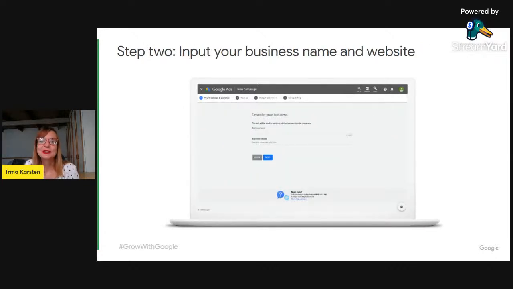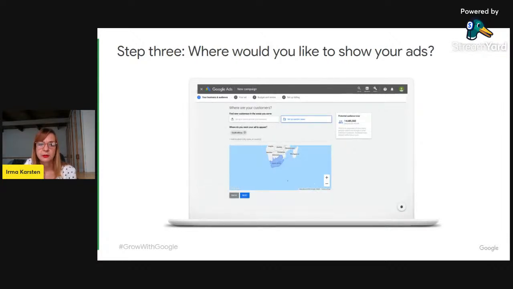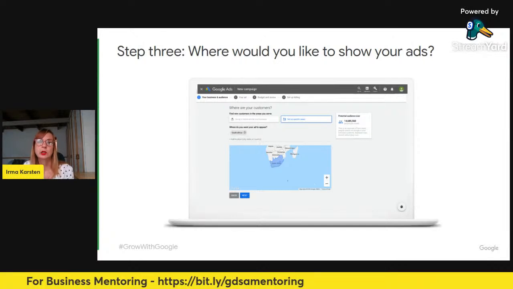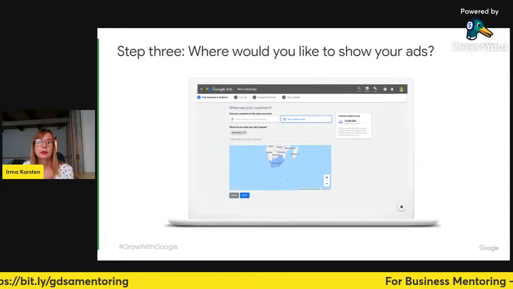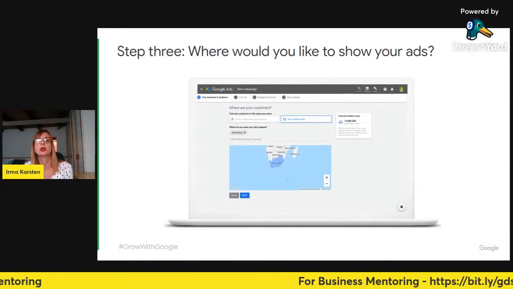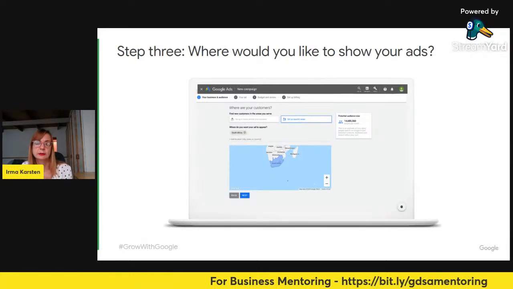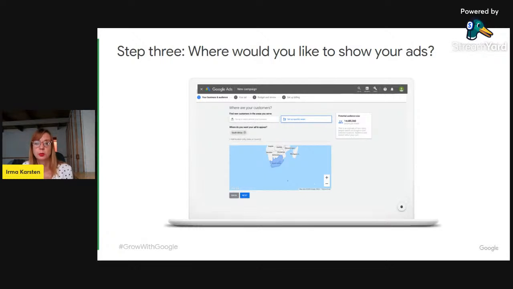Right. So once you've created your business goal, then you'll be asked to input your business name and your business website. Right. Step 3 then is to decide where you would like your ads to be displayed. So this is where you would enter the locations of where you would like to showcase your ads. In the example on your screen, the whole of South Africa is selected, but you can choose to